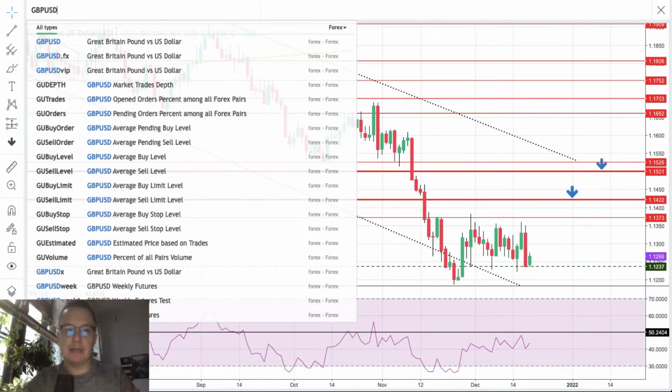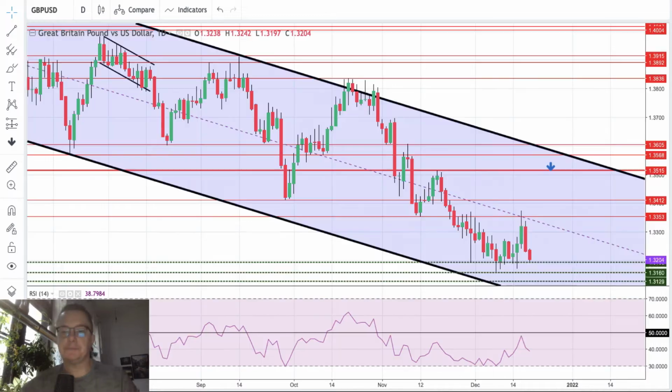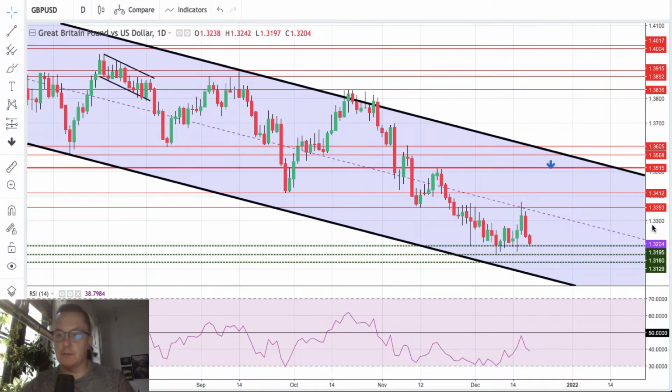Let's take a look, of course, on cable. Cable reversed from the level of 1.3353, which is the local technical resistance. We got this kind of a long shadow on the 16th of December. Then we got the bearish engulfing pattern. As you can see, this red candle completely covers the body of the previous one, and today we are approaching the level of